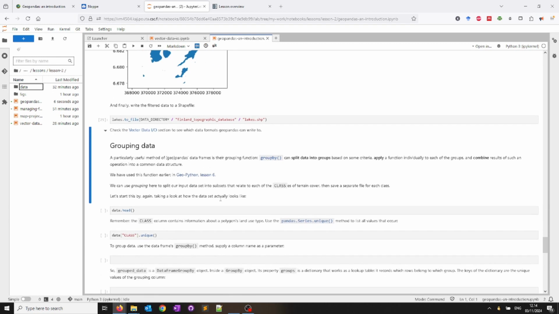So a particularly useful method of pandas we already saw, and of course GeoPandas data frame, is the grouping function that we worked with toward the end of our GeoPython course. So the groupby function is a useful thing for grouping data. It can split the data into groups based on some criteria. Then you can apply a function individually to each of these groups and combine the results of such an operation into